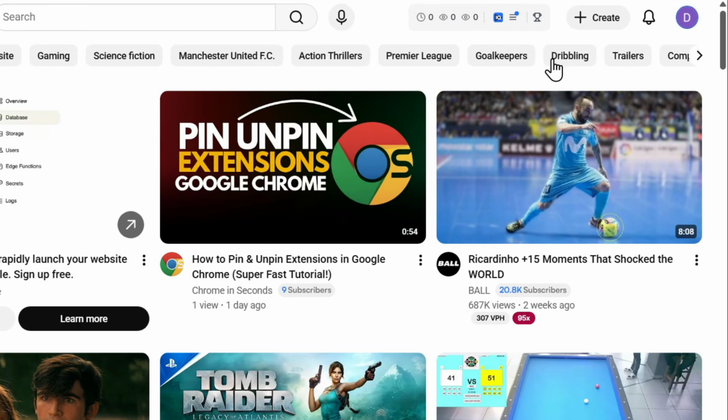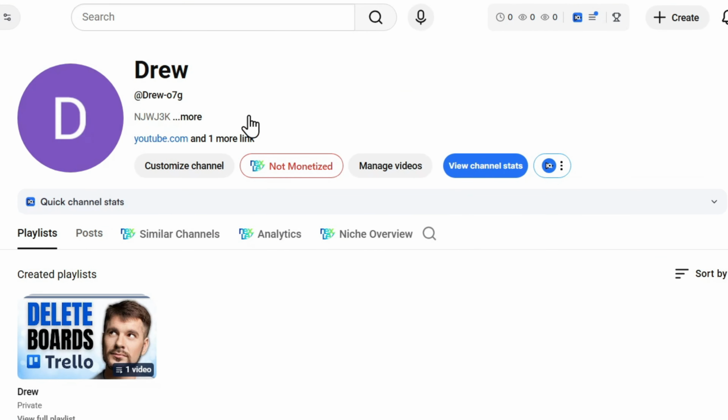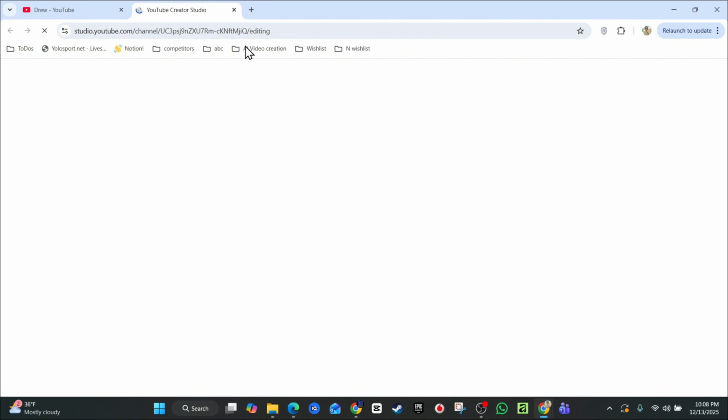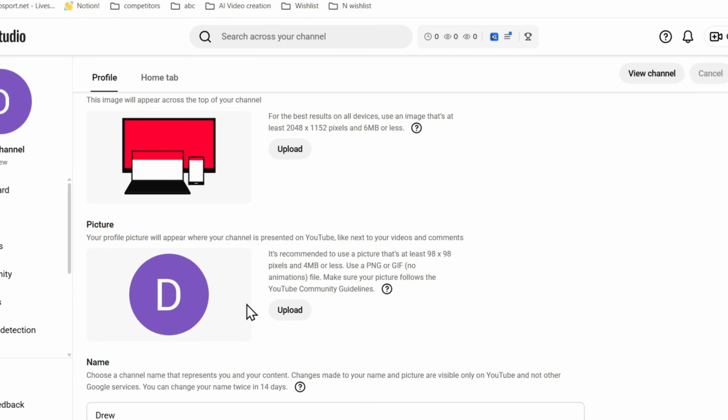Now, once you click on view your channel, you'll be taken over to your channel and you will see that it shows your account, and here you'll have the option right below the name details where it says customize channel. Click on that. This is going to open up a new window where it's going to take you, let's say, into your YouTube Studio and allow you to change your picture, right? So this is one way. You can upload a picture right here if you don't have one,